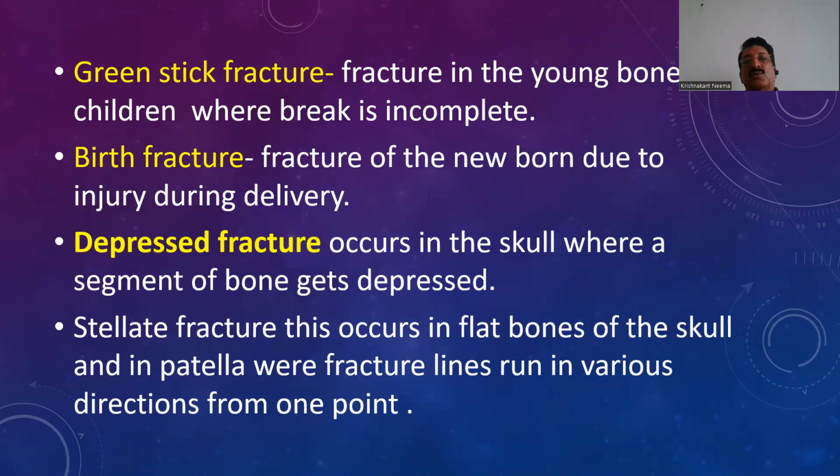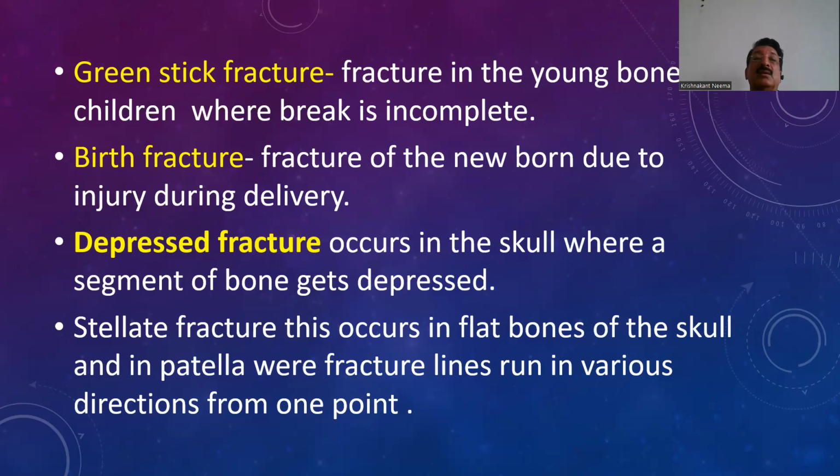Green stick fractures are usually seen in young bones, bones of children, where the bones are weak but the periosteum is strong. Here the fracture is incomplete. Why is it important to identify a green stick fracture? It is important because if you don't identify it, you will miss it. And if you miss it, you just apply a plaster and the patient will come to you with a deformity,